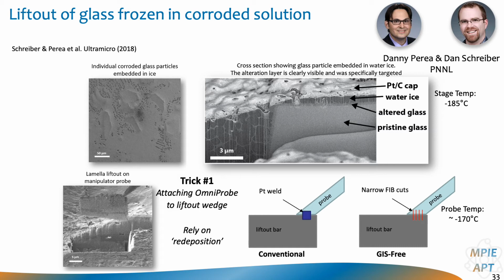And so the trick that they did, the equipment that they have at PNNL allows them to do cryo lift-out, so the needle from the FIB is actually cooled down. In principle, if the stage is cold, you can approach, cut with the FIB, approach with the needle, which is maintained at low temperature, use the redeposition from the cuts to stick the needle onto the bar, and then do a typical lift-out,